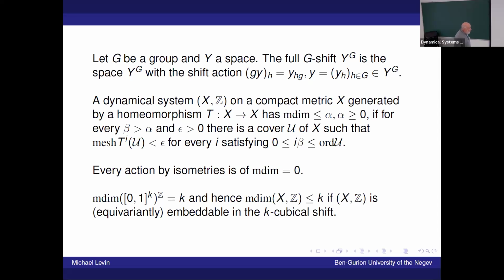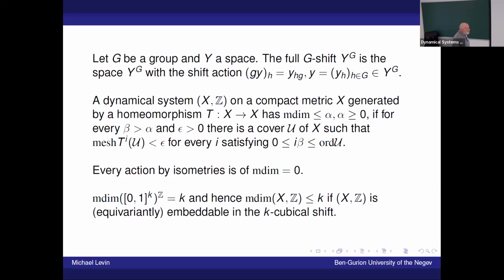So take a Z action on the compact metric space X. This action is generated by the action of a generator, T. We say that the mean dimension of the dynamical system is bounded by alpha, where alpha is a non-negative real number, if for every beta, again a real number bigger than alpha, and epsilon bigger than 0, there is an open cover U of X